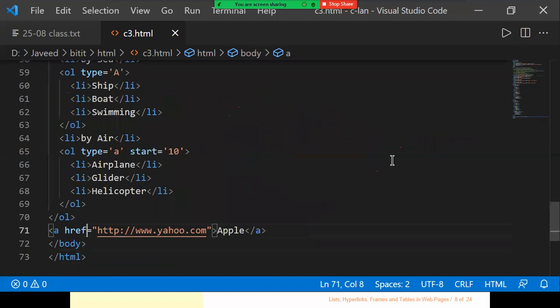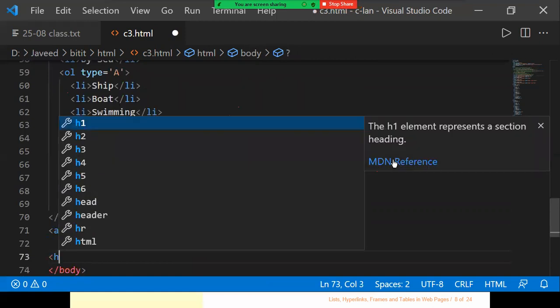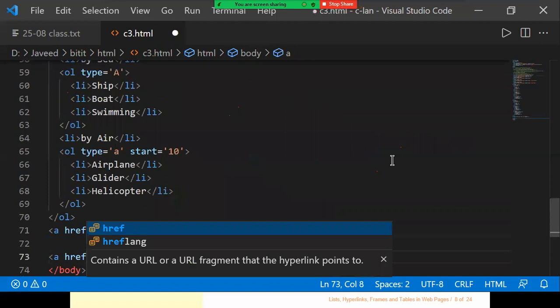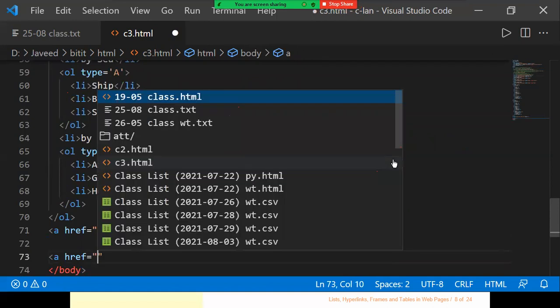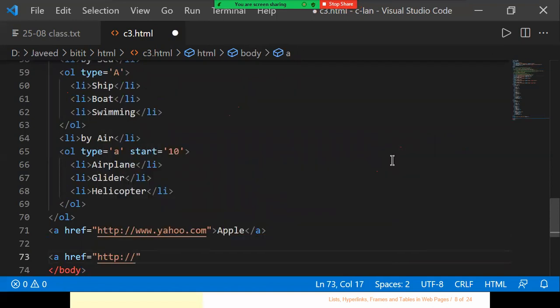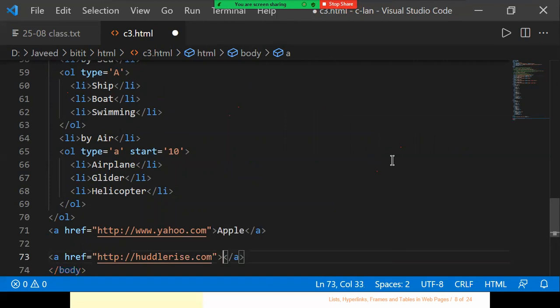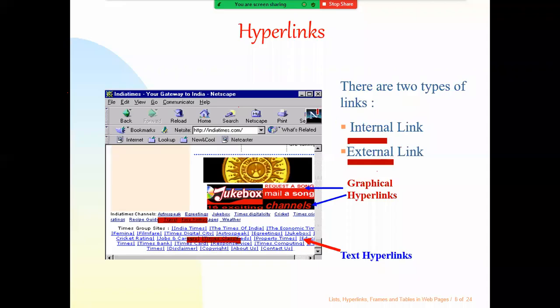Now I'm creating a hyperlink, writing href equal to, I want to open a site called huddlerice.com. Now I want to give a logo there. So I'm giving the image, the logo, everything is there. Understood? Now, instead of displaying the text,